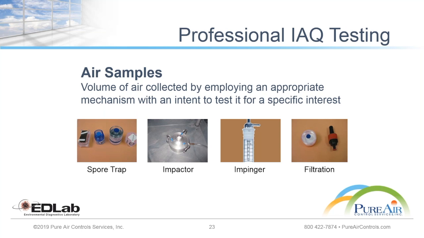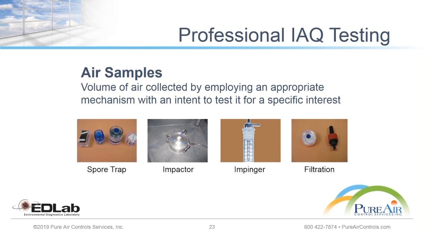So you're going to take a very consumer-level spore trap or an impactor and take those samples, send them to our laboratory, and they'll do the analysis on it. Whereas our professional industrial hygienists are going to use much more sophisticated versions of that equipment to do their swabbing, their tape lifts, surface sampling, and then of course these very sophisticated methods to do air sampling.